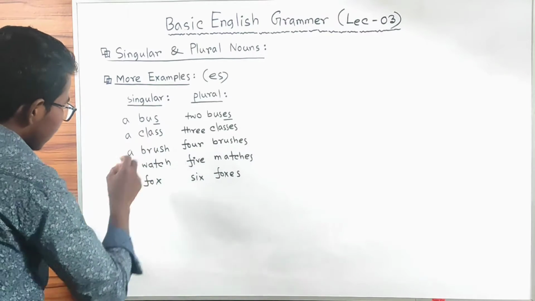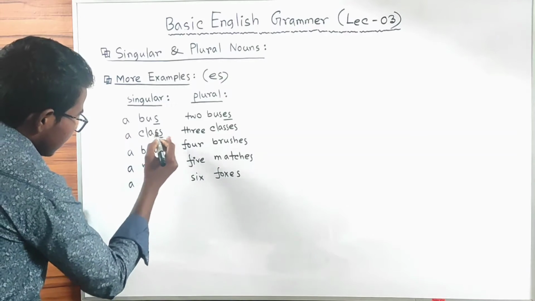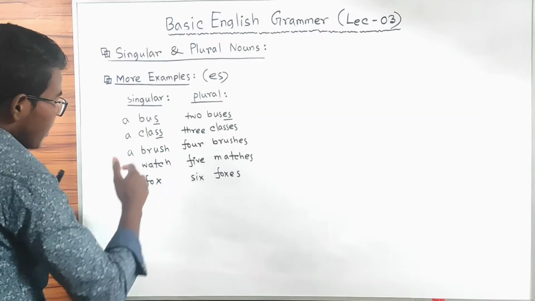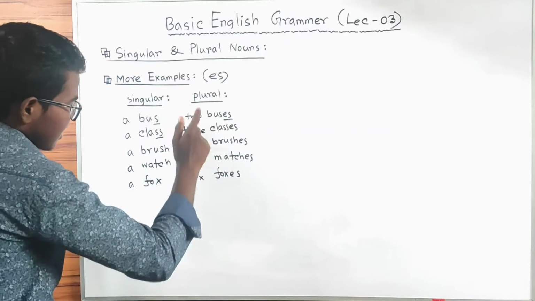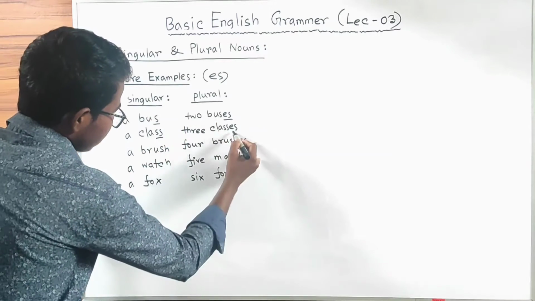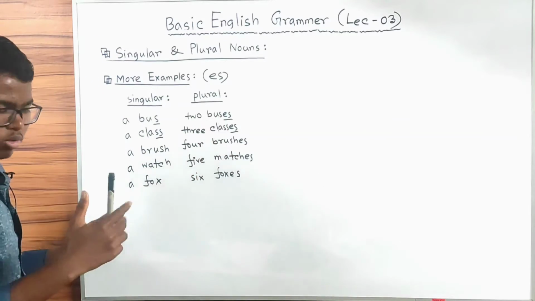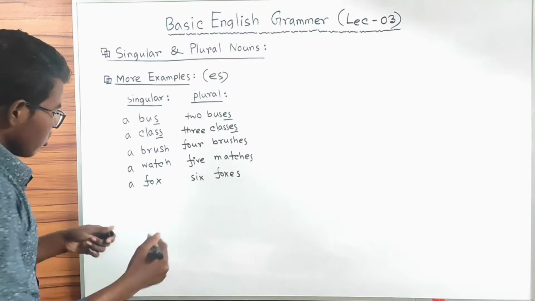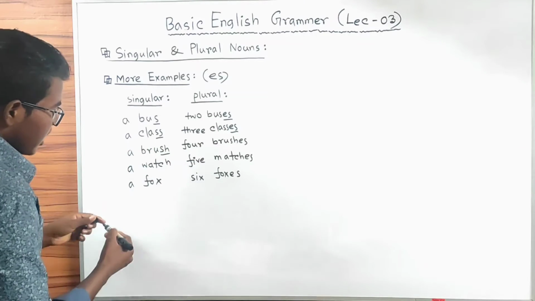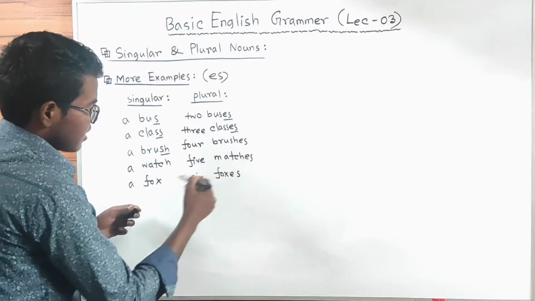Here a class, that means one class, we have ss at the end, but to make it plural, here three classes, we have to put es to make it plural. Three classes, three means more than one, plural, three classes. A brush, we have sh at the end and we put es to make it plural. Four brushes,